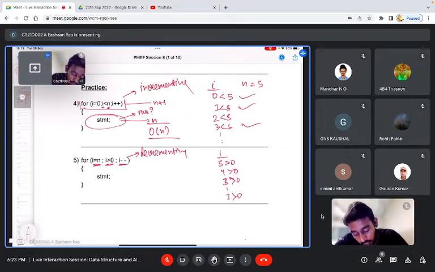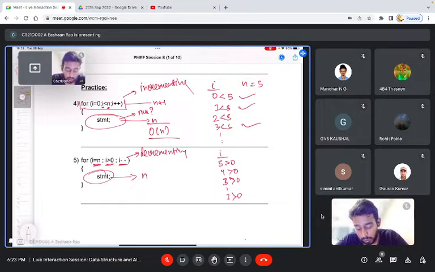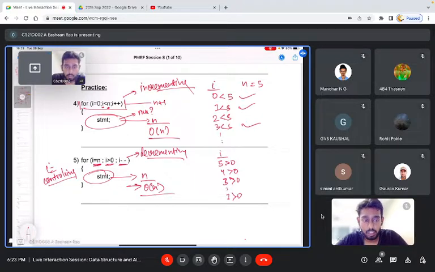But here still the number of times the statement is going to run will be n times, whatever the value of n is. So it doesn't matter whether the controlling variable is incrementing or decrementing. Here I will be the controlling variable, because of the I value only we are able to run the for loop. So it doesn't matter, and it will still give the same value: O of n, sorry, order of n, it's not theta, it's order of n. Okay,